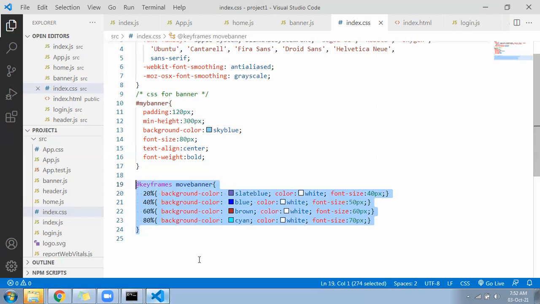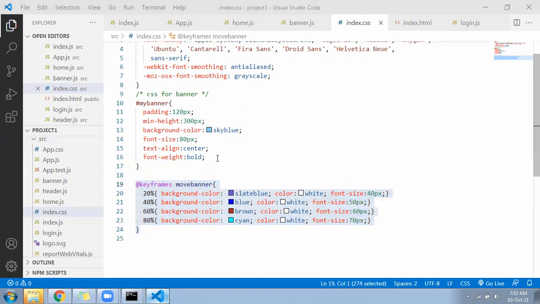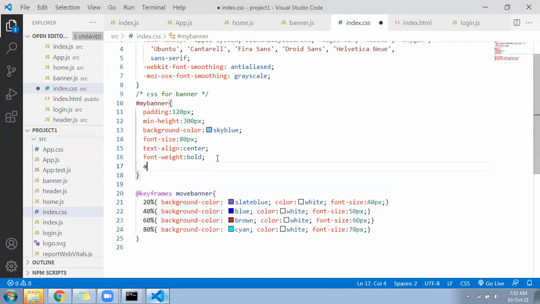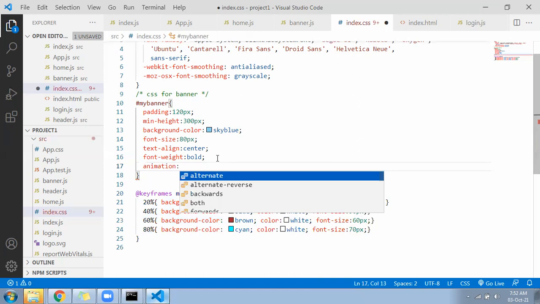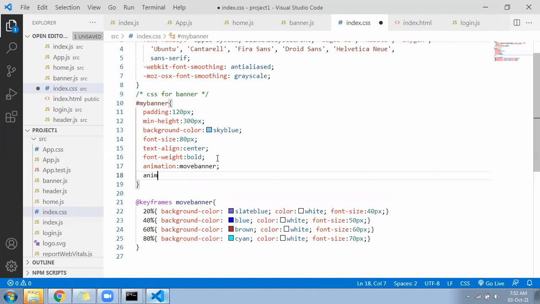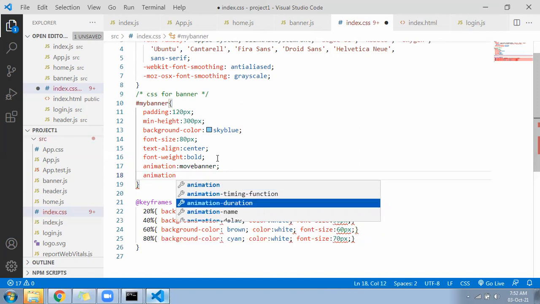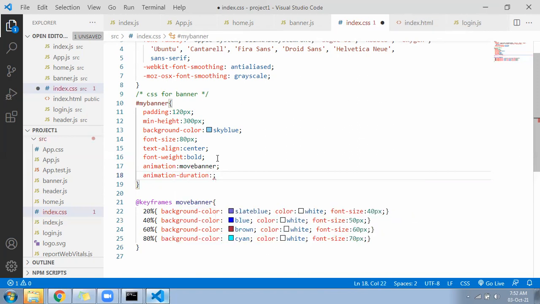Let's come to your chat. Now call the animation here. Animation colon, name of the animation, move banner. Next, animation-duration, 10 seconds.